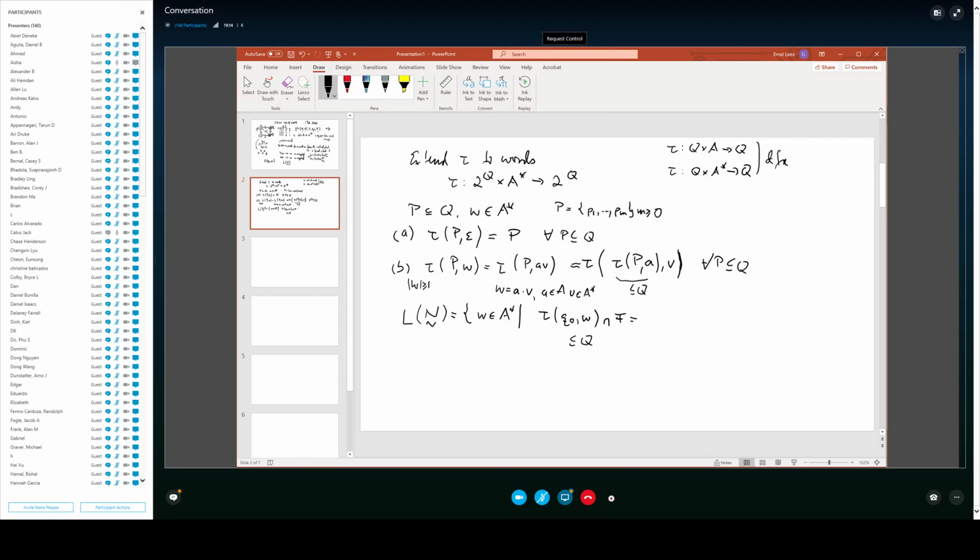Basically, we have to intersect that with the set of final states and determine that it is non-empty. So that intersection contains something, which means that something in the intersection is a final state contained in tau of Q sub 0 and W, and therefore that is the ultimate test whether the word is in the language or not. And so now this gives us the definition of the language